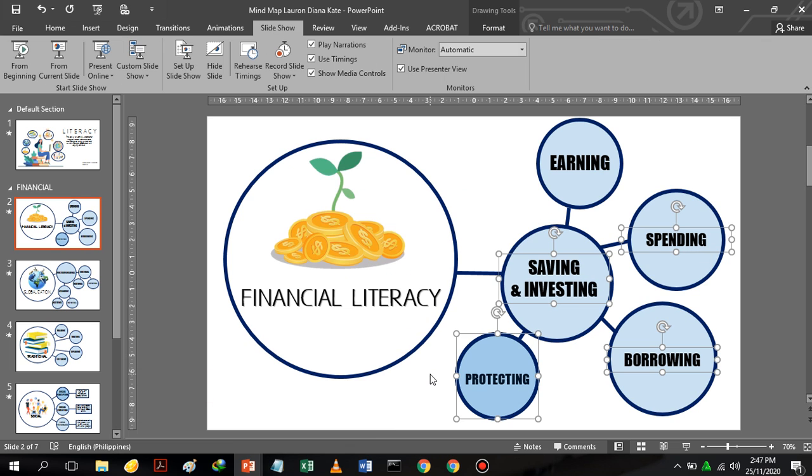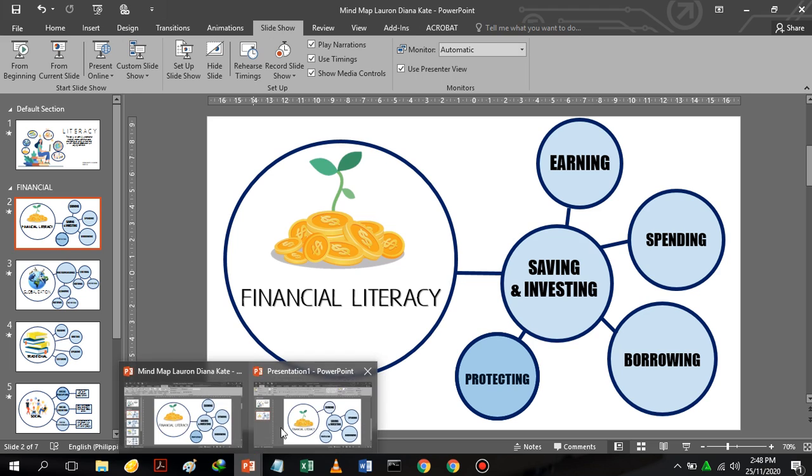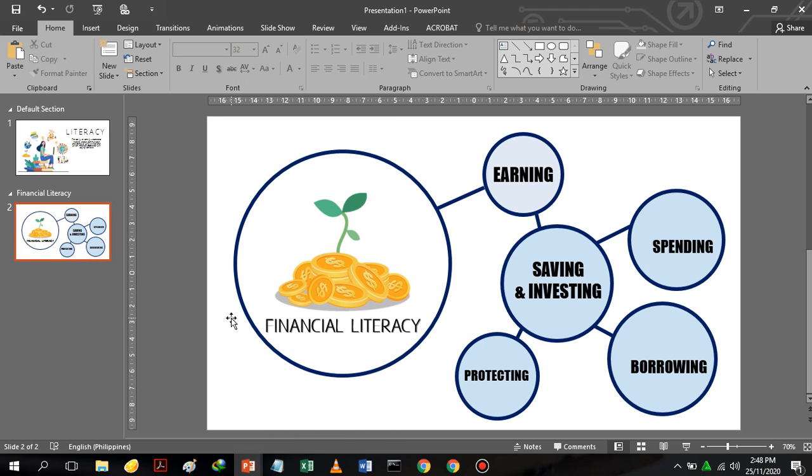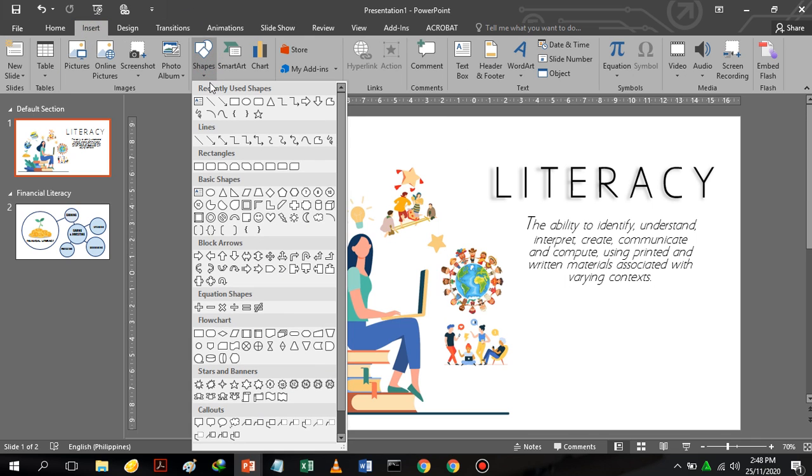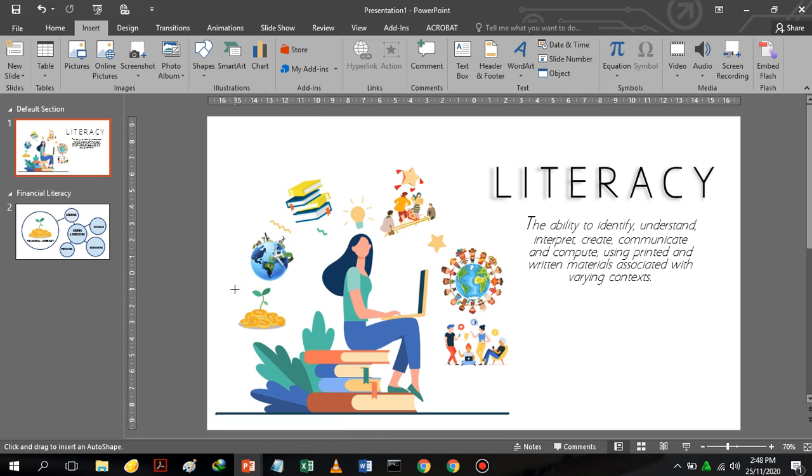As you can see, we have made the first step in making a mind map. Now the next step that we are going to use is we are going to link this slide to the first slide here. So to create a hyperlink, we are going to select a circle shape here, then drag it over the first icon.